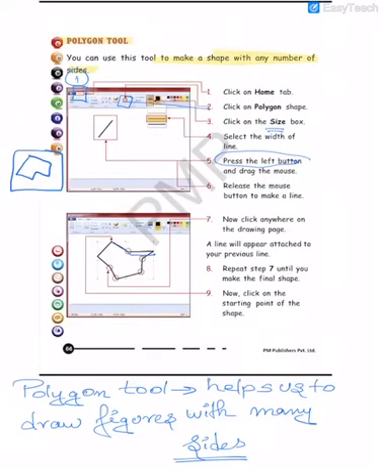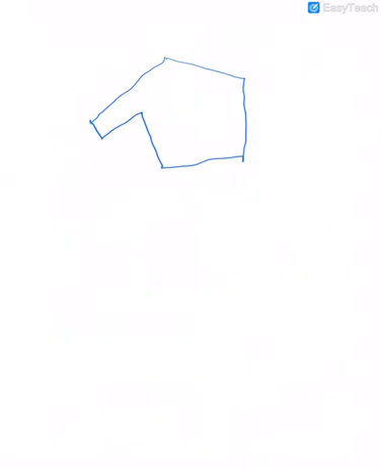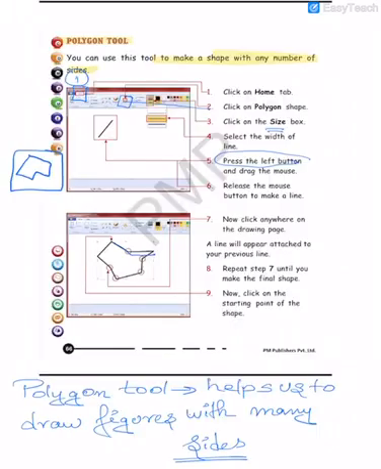We just drag the mouse in this way. First you draw a line, then you drag it, then you drag it again, in this way, and like this. This becomes your polygon.